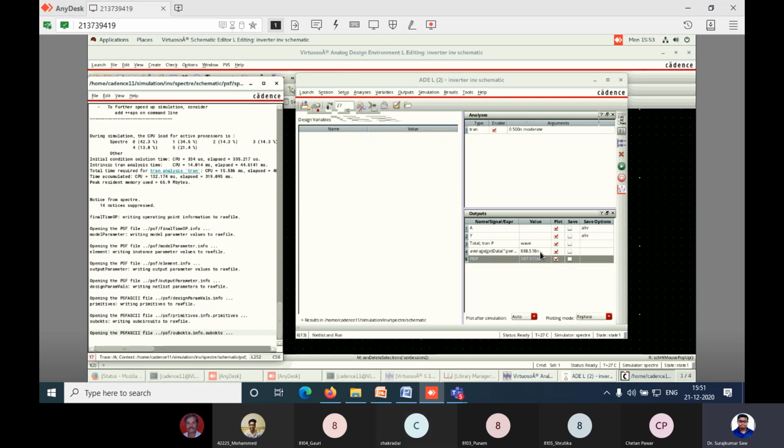Delays are in the range of 10 to the minus 12, and power in the 10 to the minus 18 range, as it is showing here. So this is all about the average power, delay and PDP. I have shown you the basic structure, like the inverter circuit. If you want to draw different circuits like NAND gate or NOR gate, you can practice it. You can load the equation for average power, you can load the equation for delay, and subsequently you can go for the PDP. By this way you can move.